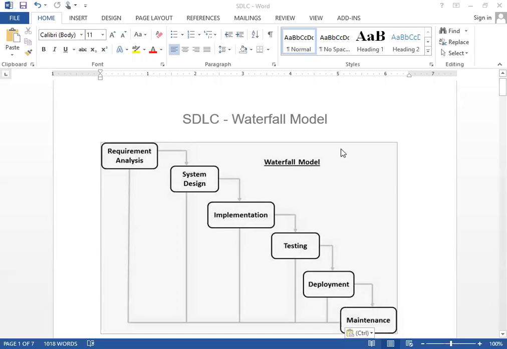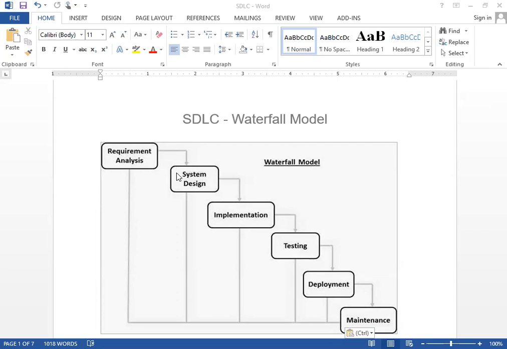First of all, the waterfall model has different phases: requirement analysis, system design, implementation, testing, deployment, and maintenance. It's called the waterfall model because the output of one phase is the input of another phase. The first phase is requirement analysis, where all the requirements of customers are gathered, and when it is fulfilled, designing starts.